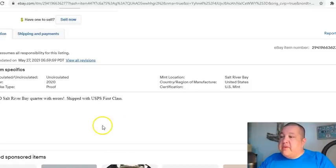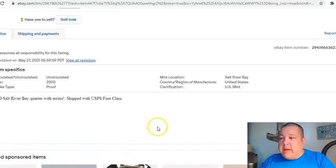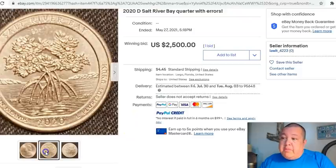Let's see, 2020 D Salt River Bay quarter with errors. What are exactly those errors? Because I know you can find die chips and stuff on the Philadelphia minted Salt River Bays. There's even the West Point minted coins that can be found. But as far as the Denver, there's really nothing of note. Even on Philadelphia, there's a few minor doubled dies, like in this little middle section of this plant right here,